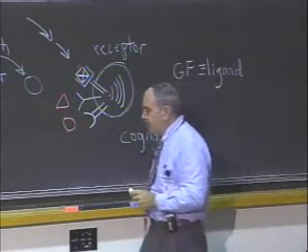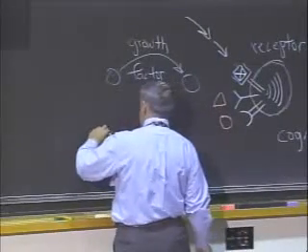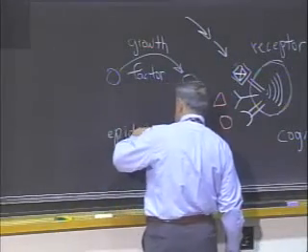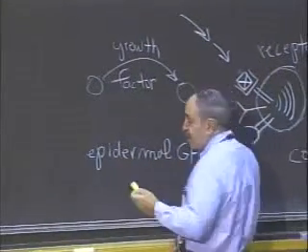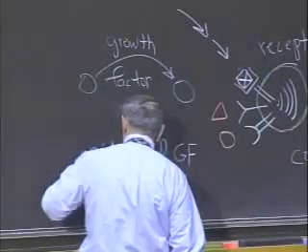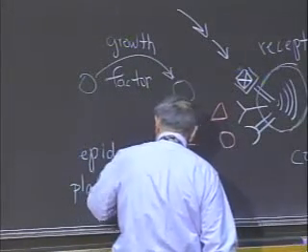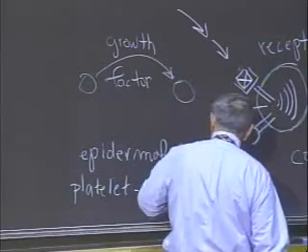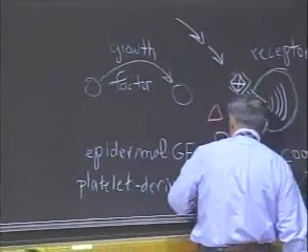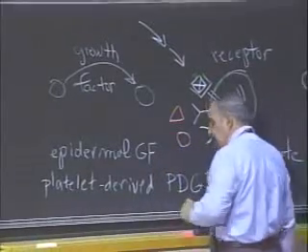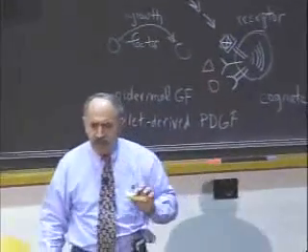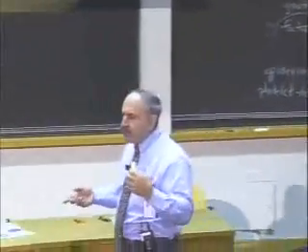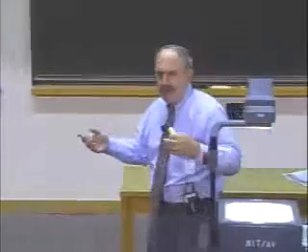So, for example, there's a growth factor that we'll talk about shortly. It's called epidermal growth factor. And I'll just abbreviate GF for growth factor. There's another growth factor that's called platelet-derived growth factor. So we have EGF, we have PDGF, platelet-derived growth factor, and in fact there's actually 30 or 40 other kinds of growth factors, and each one binds specifically to its own receptor. And so now we begin to understand that the signaling channels are actually very multiplexed. It's not just that one kind of growth factor can travel through